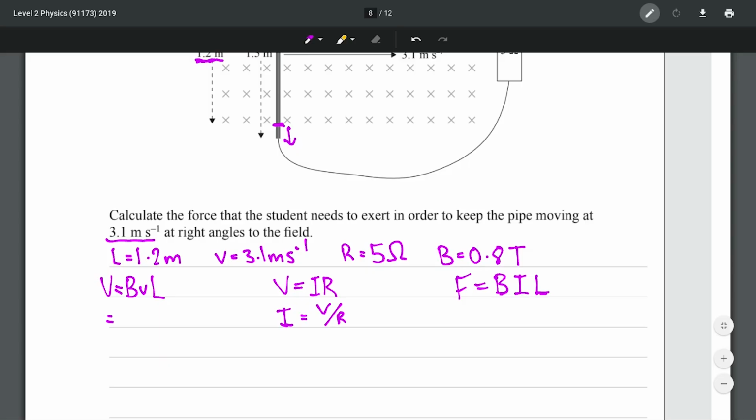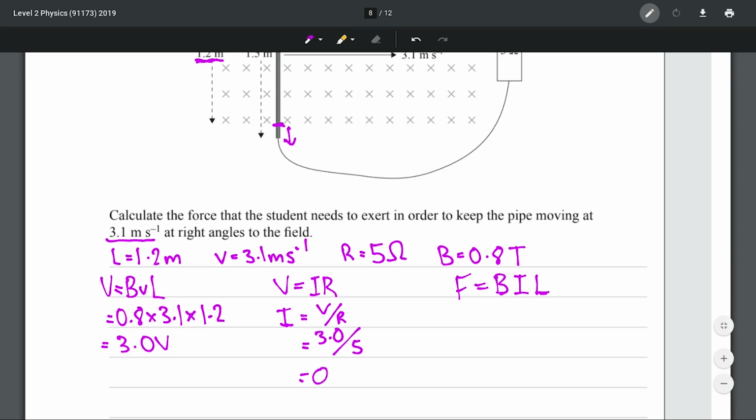So let's put in our numbers, which gives me 2.976, and I'm going to round this to 2 significant figures, so that gives me 3.0 volts. Now putting our numbers into our current equation